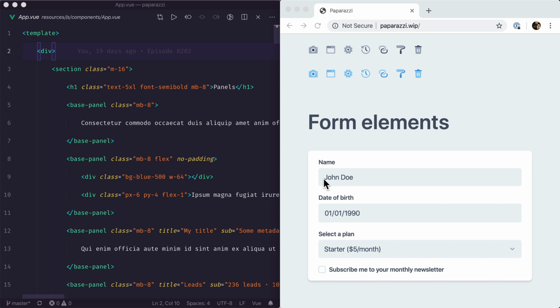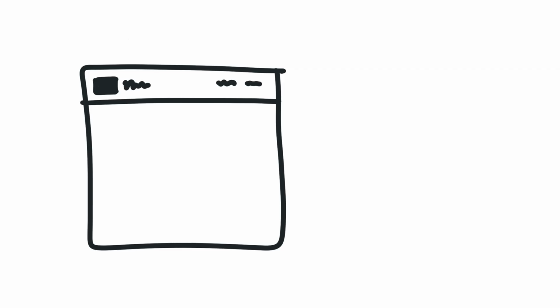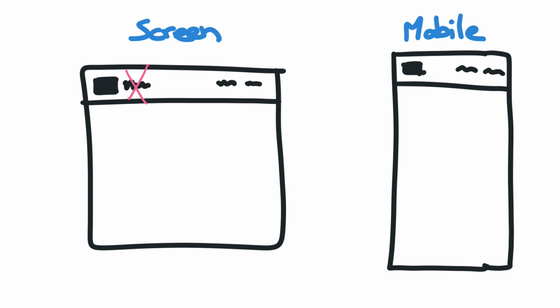Okay, so regarding the layout of our application, what I usually do before I start coding is sketch a few ideas on my iPad. I usually use a big stroke on the pencil to force myself not to focus too much on the details. So here is a very rough sketch of what I want the layout of our application to look like. I want to have a navbar with the logo and the title of the application on the left side. And because we won't have so much space on smaller screens, we'll hide the title of the application